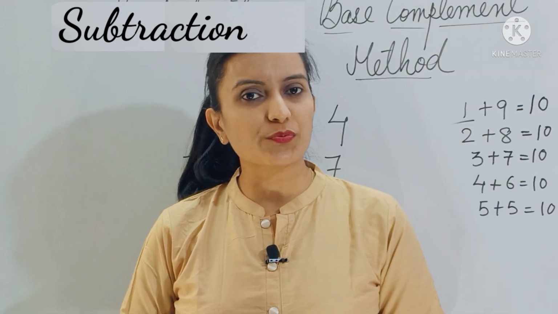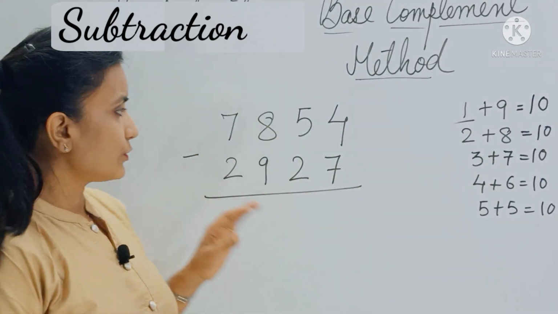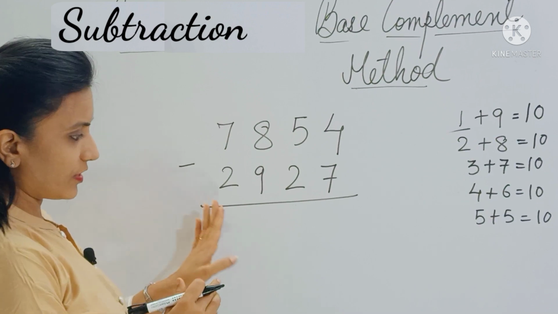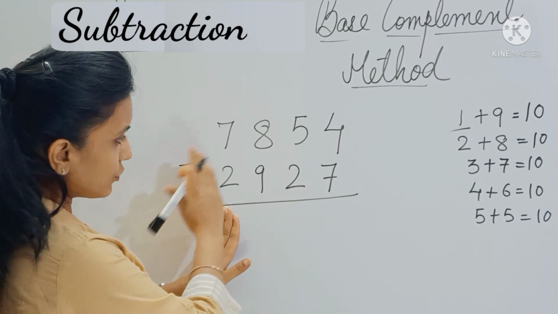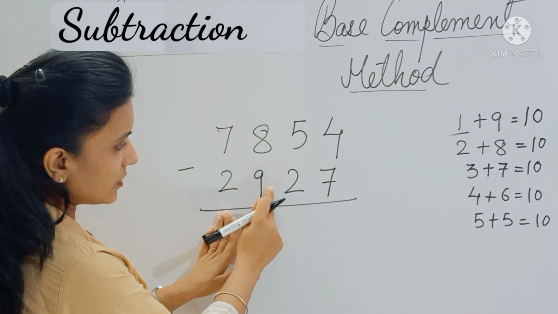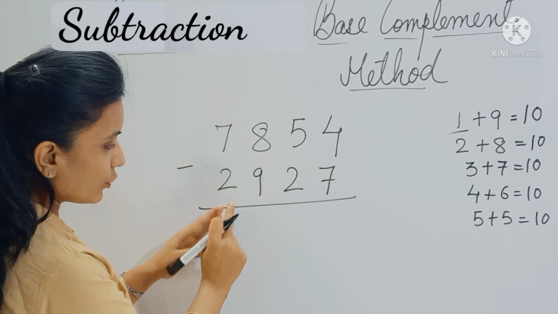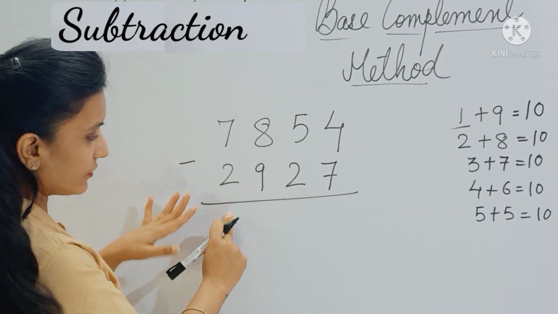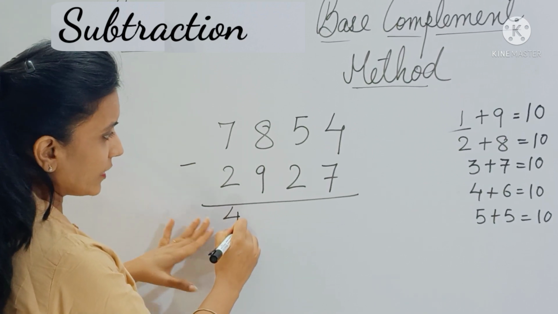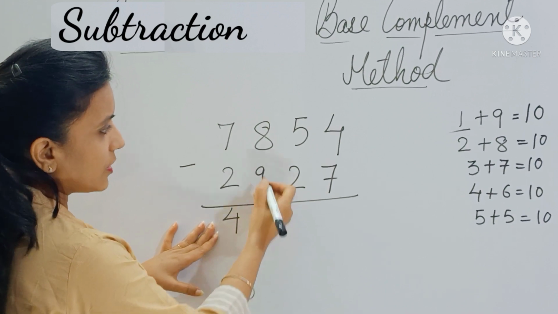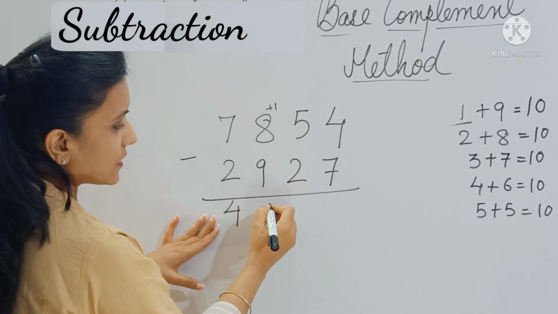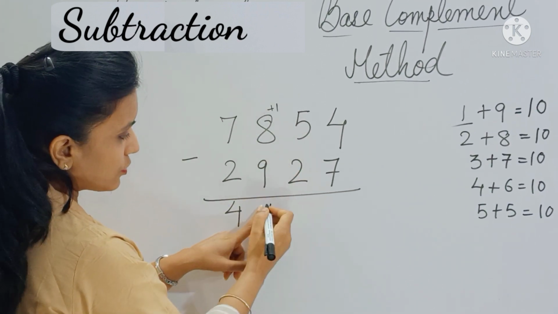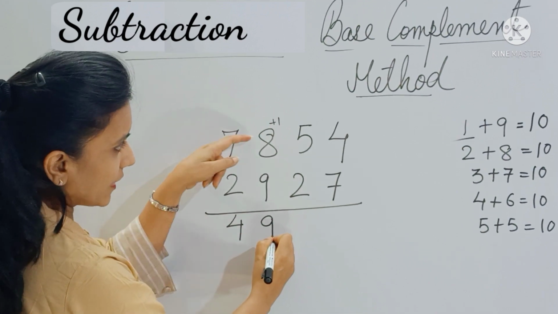Now this time let's work on the speed of the trick. Okay. So let's take one more example. So here 7 minus 2 is 5. But don't write 5 here. First you check: is this subtraction possible? No, it is not possible. So you reduce this number and write. So 7 minus 2 is 5, but we will write 4 here. Now here the complement of 9 is 1. So add 1 to this number. You get 9. But don't write 9 here. First check this. Yes, the subtraction is possible. So write 9 here. Okay, 8 plus 1 was 9, no?